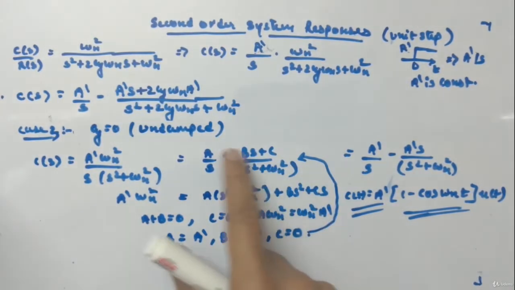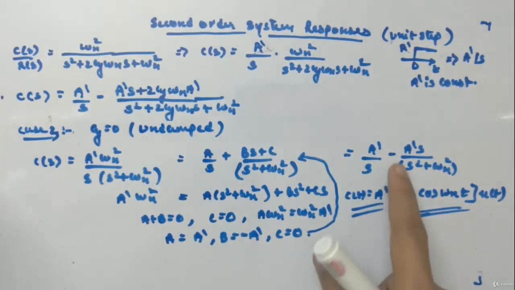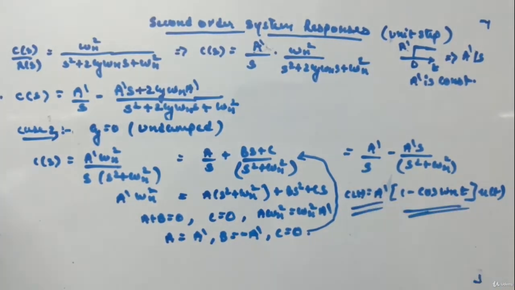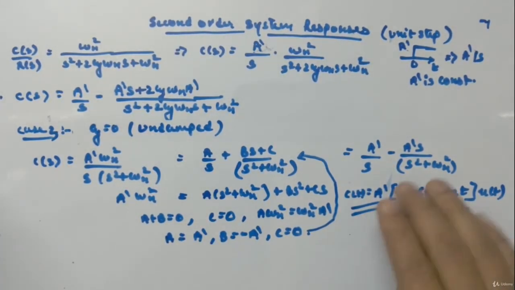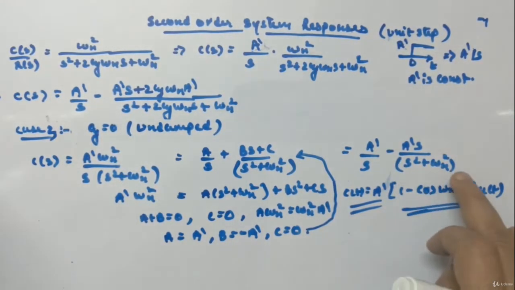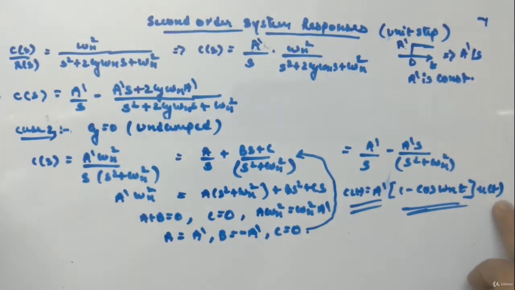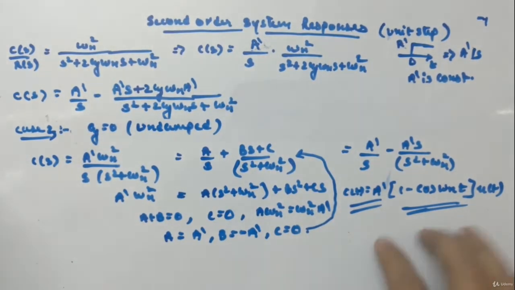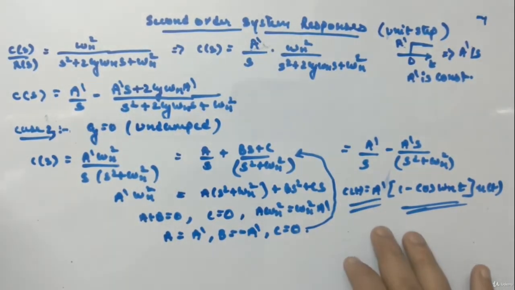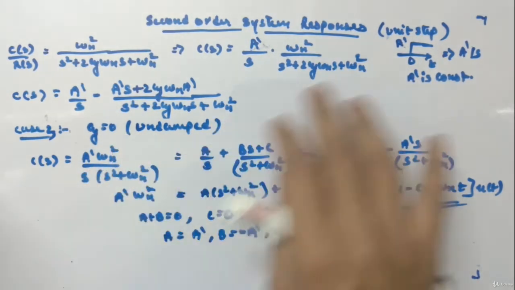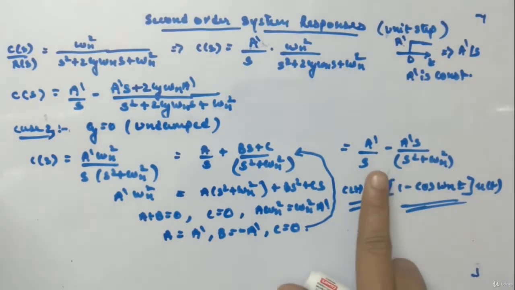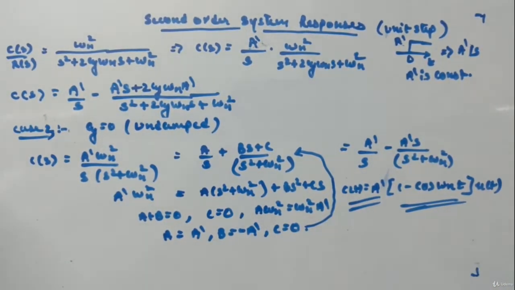You plug the values in this equation, you will get a dash divided by s minus a dash s divided by s square plus omega n square. If you write the time domain equation by inverse Laplace, a dash is common, 1 minus, if you look closely, s upon s square plus omega n square is cos omega n t, and ut is there. So this will be the equation in the case of zeta equal to 0. This is your response c of t in time domain when zeta is equal to 0 and the input is a unit step. Mind you, again, if a dash is equal to 1, that term will be removed, and 1 minus cos omega n t ut will be there.